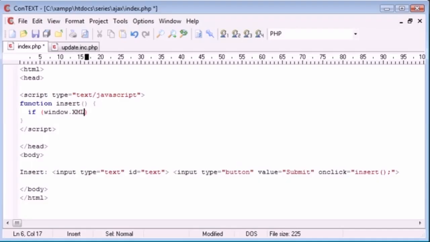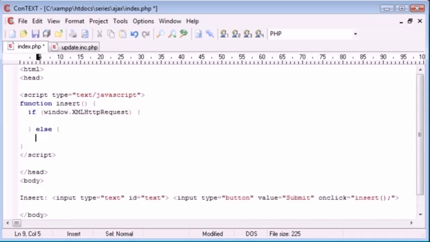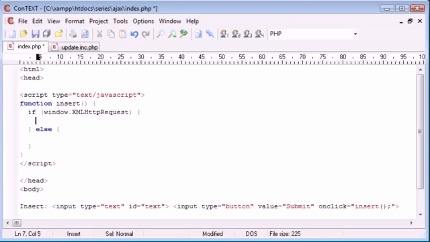So we say if window.XMLHttpRequest, and then we come down and we do something if that's true. Otherwise, we do something if that's false. So what would we do if it's true? Well, we set a variable called xmlhttp